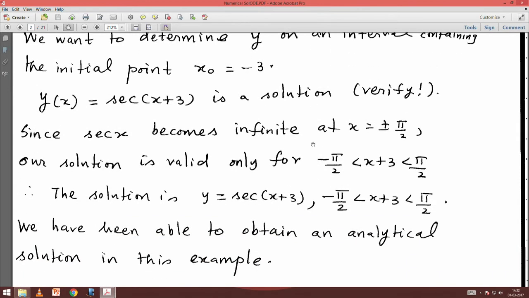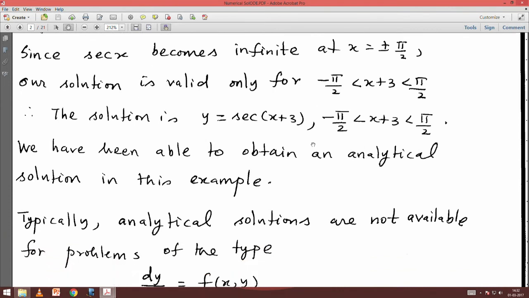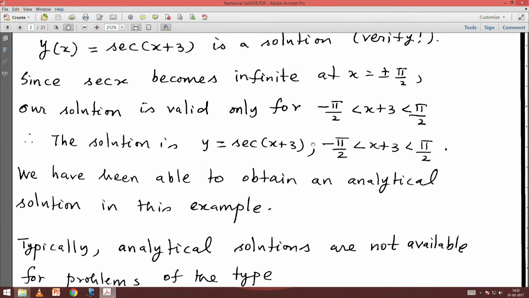We see that secant of x plus 3 is a solution, and secant x becomes infinite at x equal to plus or minus pi by 2. So, our solution secant of x plus 3 is valid only for those values of x which satisfy the condition that x plus 3 lies between minus pi by 2 and plus pi by 2. So, the solution is y equal to secant of x plus 3 such that x plus 3 lies between minus pi by 2 to plus pi by 2, and in this case we have been able to obtain an analytical